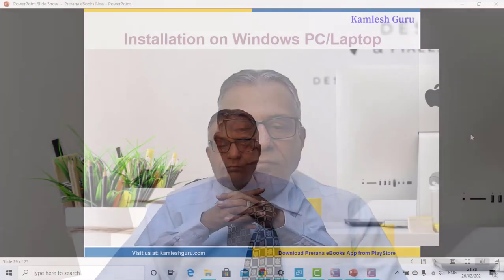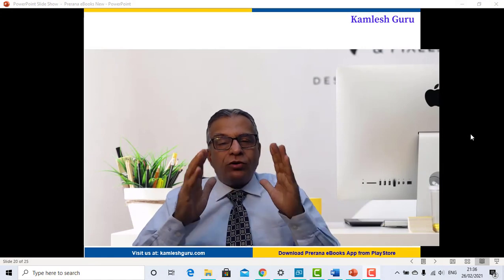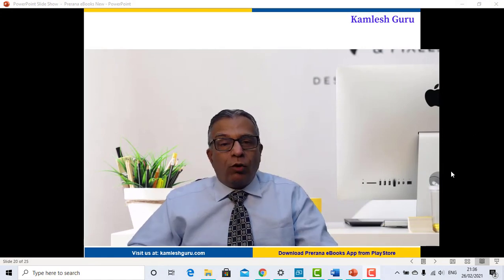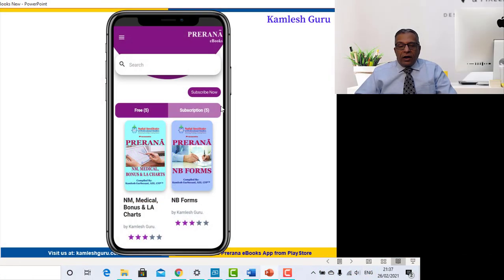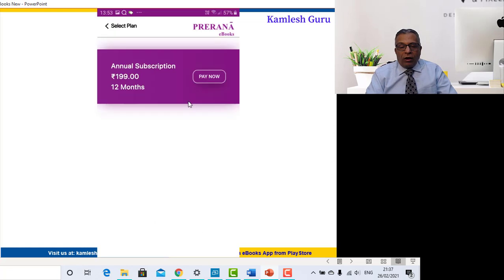Friends, this is how this app works. Now I come to how to subscribe to view the books under the subscription section. It is very simple. There is an icon at the top of the subscription, the Subscribe Now icon. Click on that Subscribe Now icon. You will get the option to pay an annual subscription of rupees 199 for 12 months. The annual subscription rate is rupees 199 only for 1 year to access all the 5 books under the subscription section,